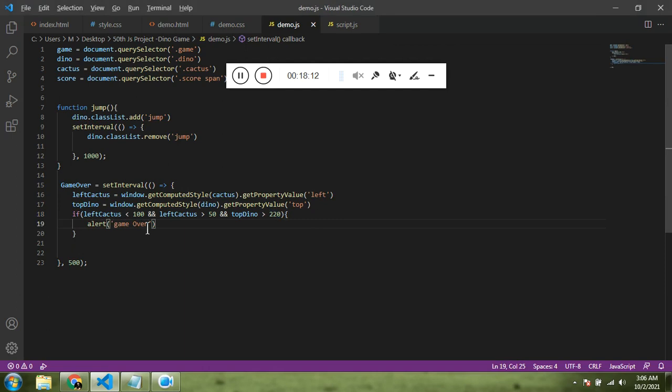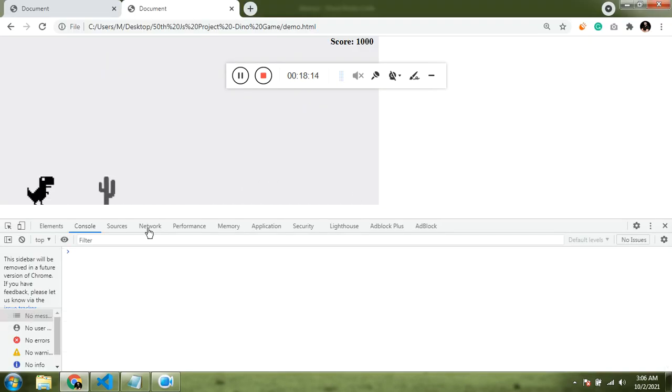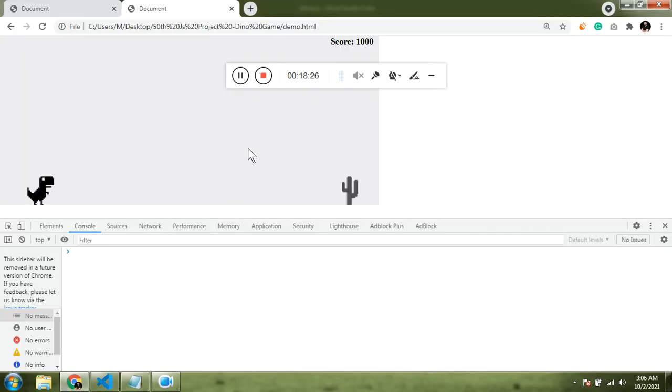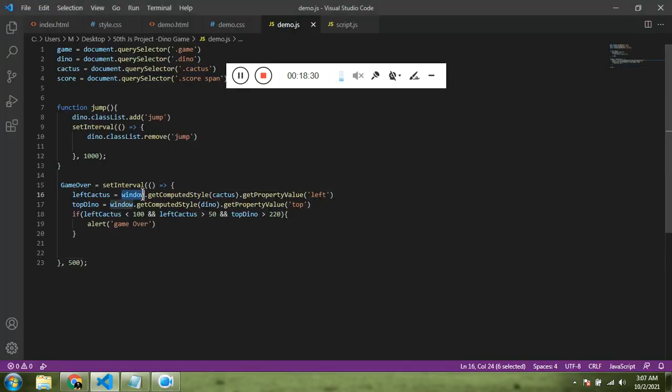Game over. Let me refresh it and show you. I have copy pasted it, that's the reason the name might have changed. This value is going to give the string, so we have to convert this into a number.